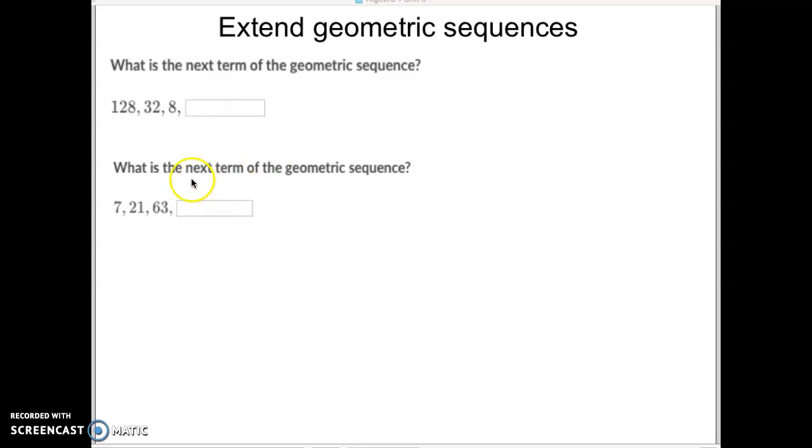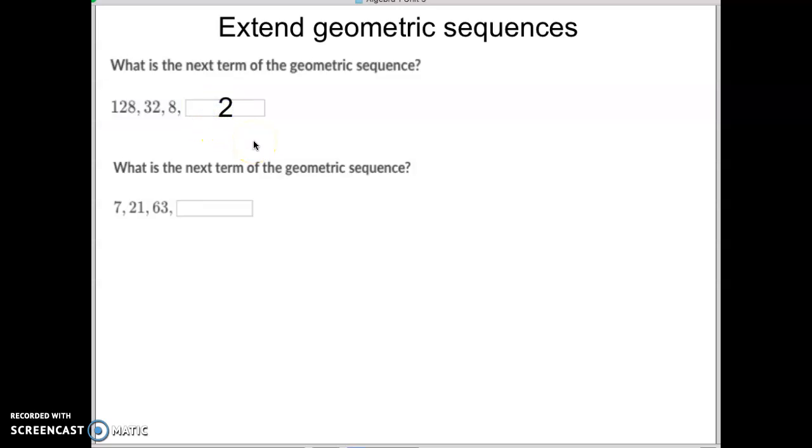So here you'll notice that we're going from 128 to 32 to 8, and we need to figure out the next thing. So you might realize, I like using easier numbers, knowing that we're multiplying, and a lot of you will think of it in terms of dividing. Hey, if I'm honest, so do I. To get from 32 to 8, what did we divide by? We divided by 4, didn't we? So we divide by 4, we divide by 4, we're going to divide by 4 as well,